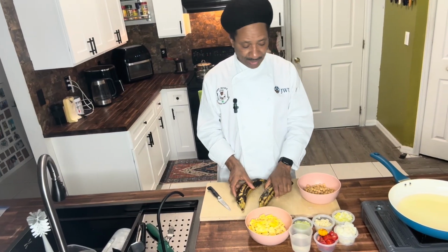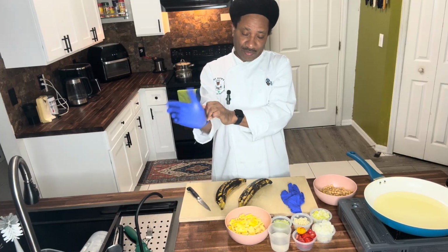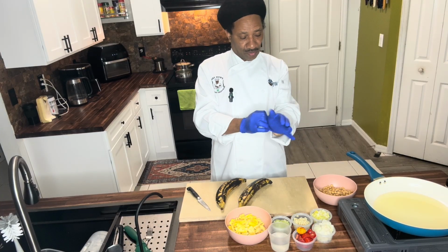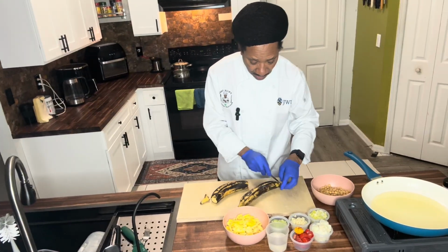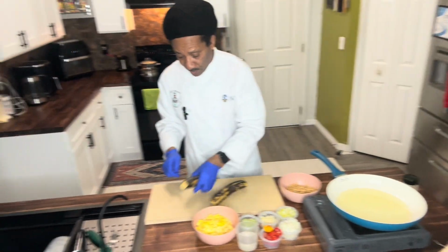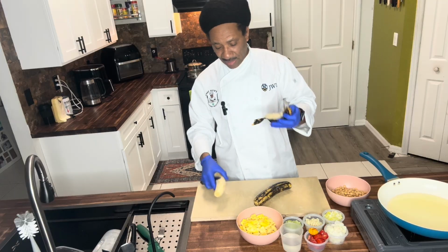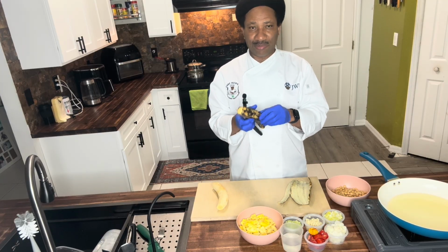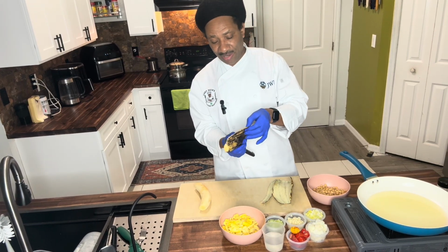You're gonna prepare the plantain for frying. So again, I like to cut off the 2 ends. Then the plantain will peel easily. It's the same principle we're gonna use with the green banana. Once you make the mark, then very easily